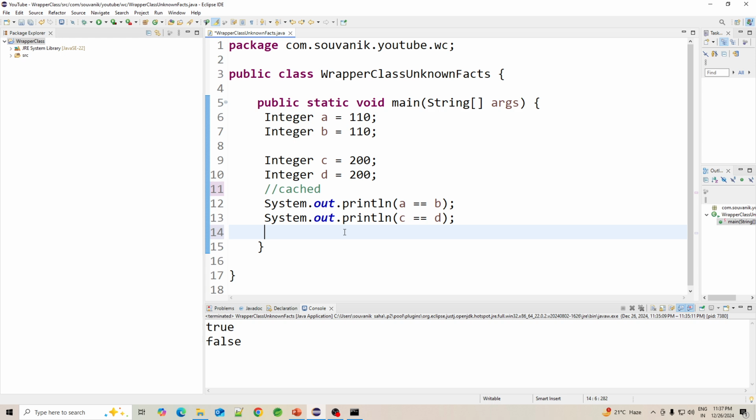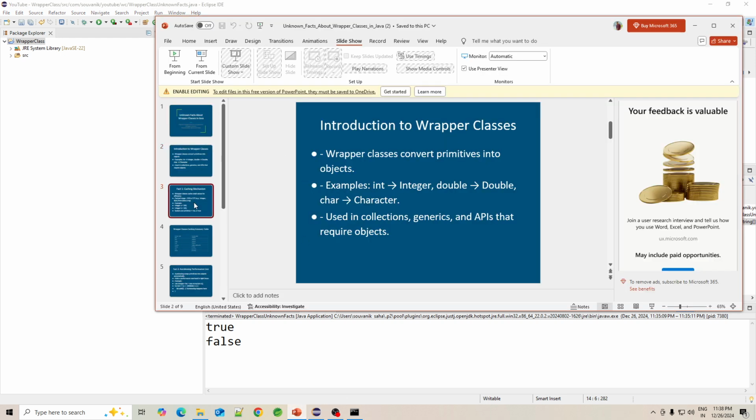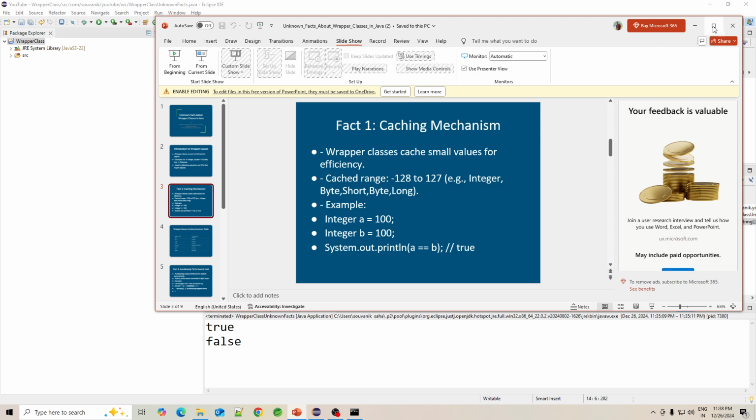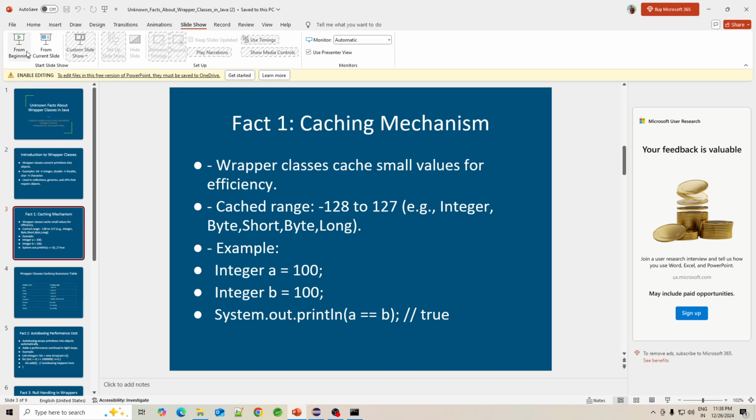But you need to be aware that not all wrapper class objects cache values. A few wrapper class objects like Double will not cache any value, but Integer, Short, Long, Character will be cached for performance optimization.